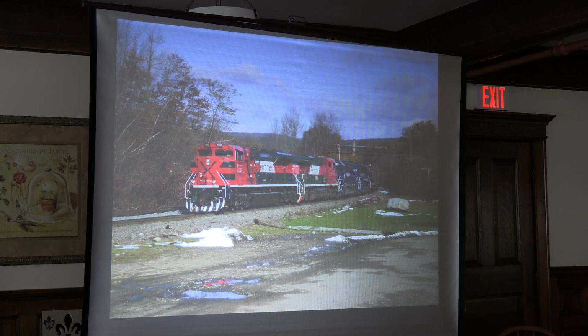We'll start with the shot that's been up here for a little while. It's the 3rd unit grain train from Horizon Milling, seen heading west past Wachusett in West Fitchburg. A couple of Ferromex units and a couple of Pan Am units, leading 110 empties west. Horizon Milling in Ayer,